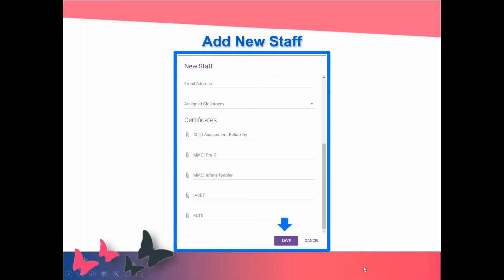Any Child Assessment Reliability, MMCI, IASSET, and Early Learning Florida certificates staff may have earned should be uploaded here under Certificates. Simply click on the paperclip for the corresponding certificate you have for your staff. Once the paperclip has been clicked, you will be able to upload the file from your computer. The approved vendors for child assessments are Teaching Strategies Gold, Child Observation Record, or CORE, and